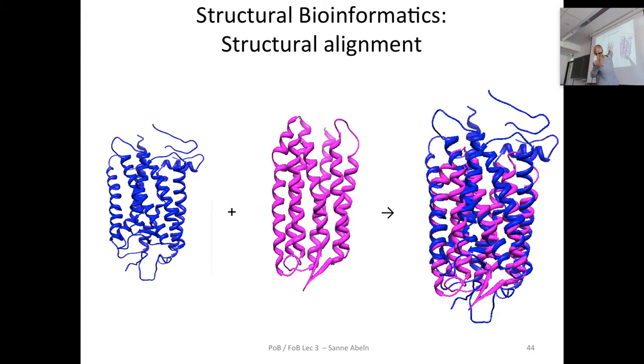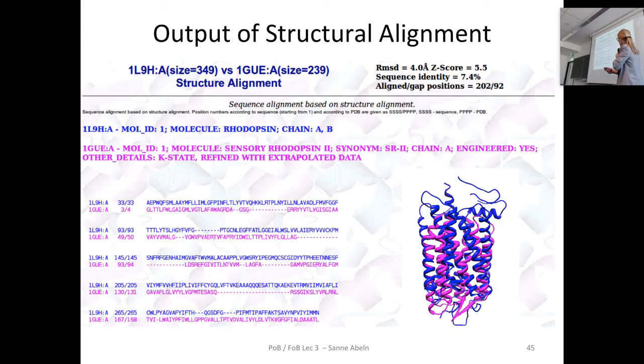You see they're alike, but if you look carefully at the loops here, you see that these loops here are longer than these loops here, and they are different, so they're not quite the same. Then if you align them, you see that especially the secondary structured parts align really well, but you also see that, for example, the blue loops here extend higher and also lower than in the magenta one. You see that? Now, this is a very specific